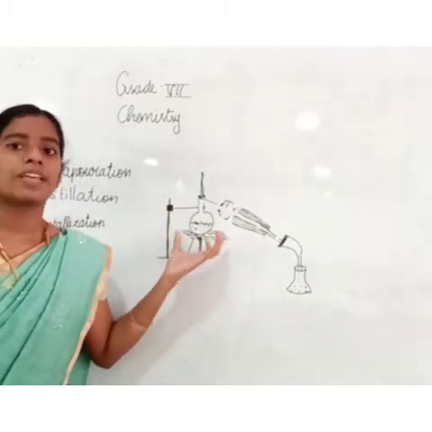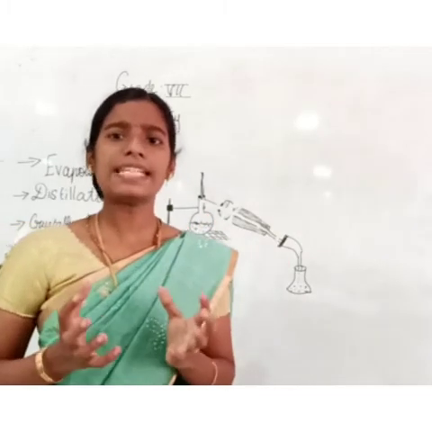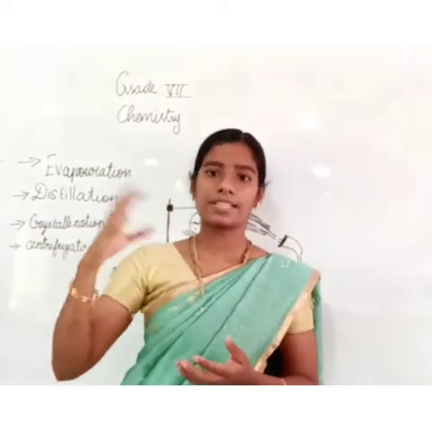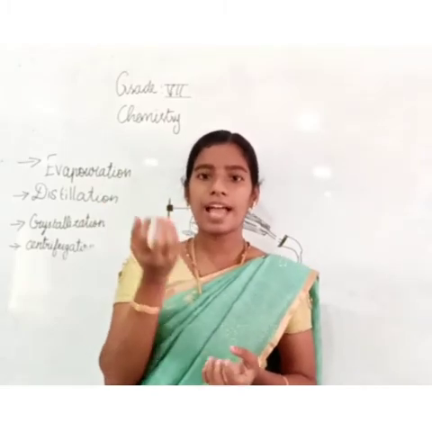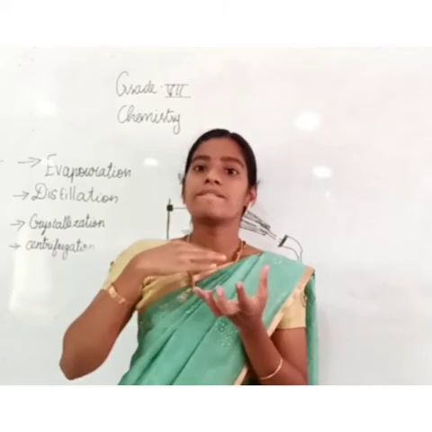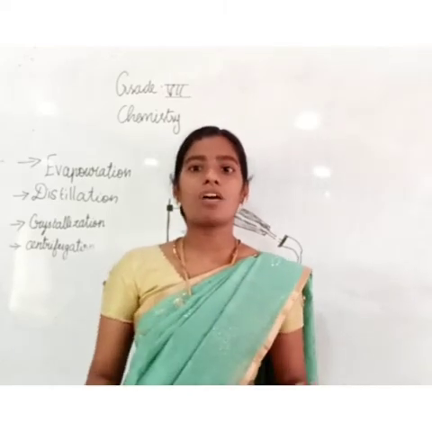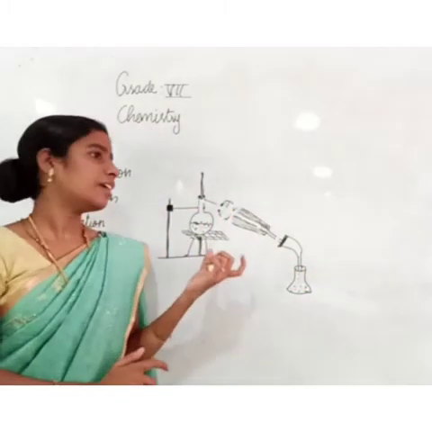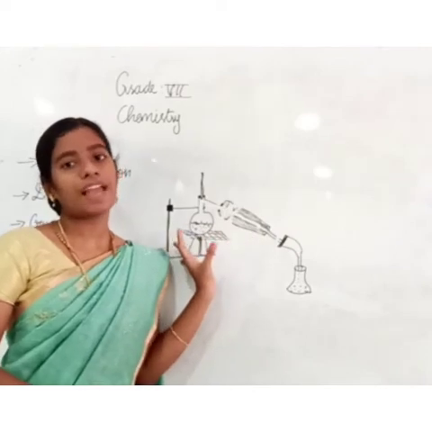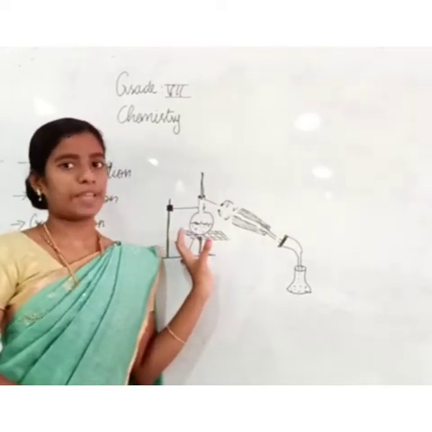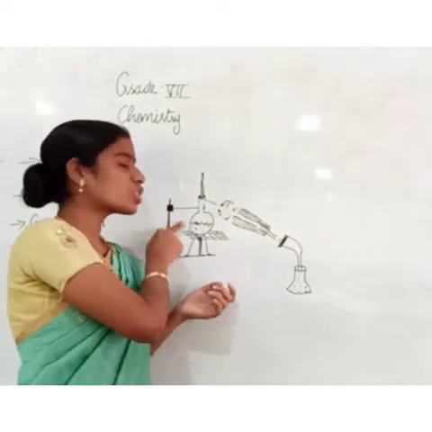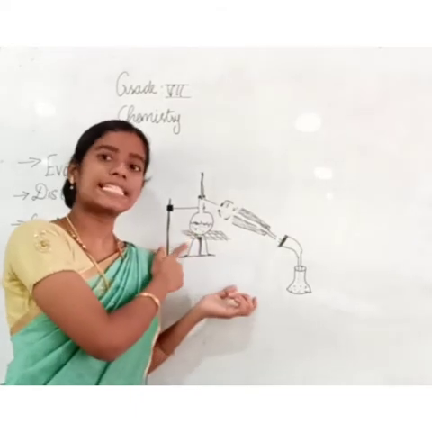Why are we using this round bottom flask? It has a feature. When we heat this round bottom flask, after all the liquid is evaporated, only the flask and the sugar will be there. Even when you heat this flask without liquid, it will not break, nothing will happen to it. So we are using this round bottom flask for this experiment. This is also called a distillation flask. This is used for distillation, so it is also called a distillation flask.